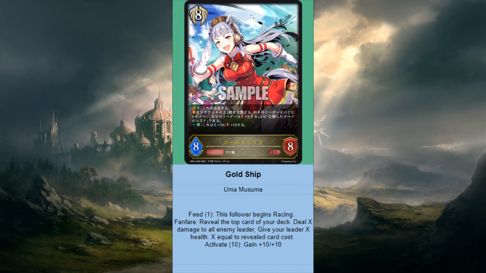10 mana during the main phase, and this card gets +10/+10. I feel like this is some Embergold type of bullshit. There's no way to cheat this out early, right? Yeah, this is a magic card, and I love this card. As someone who's played the Heavenly Aegis deck in Haven, if you're playing 3 Heavenly Aegis,